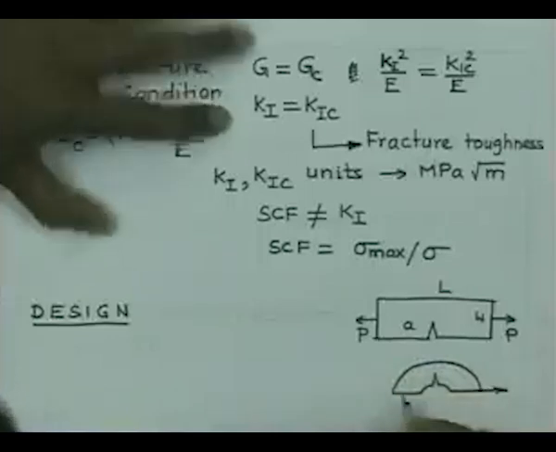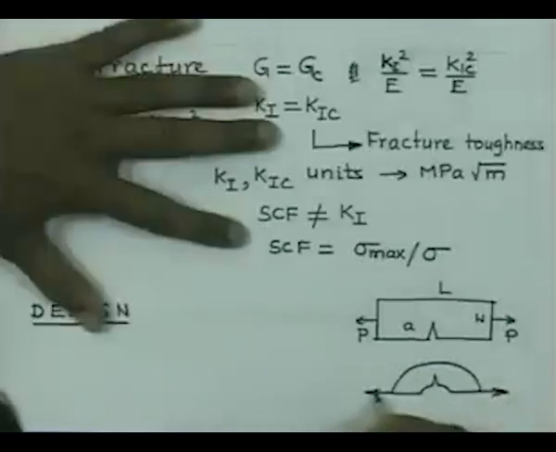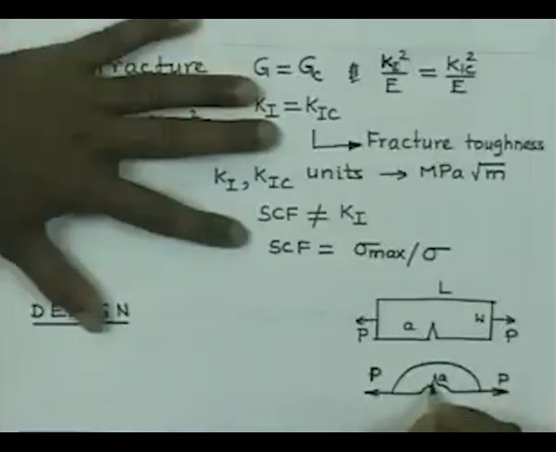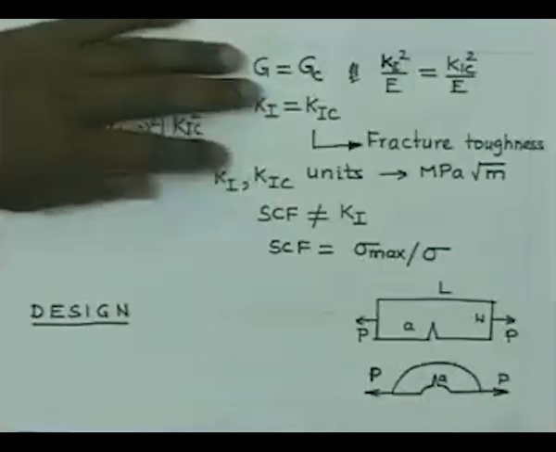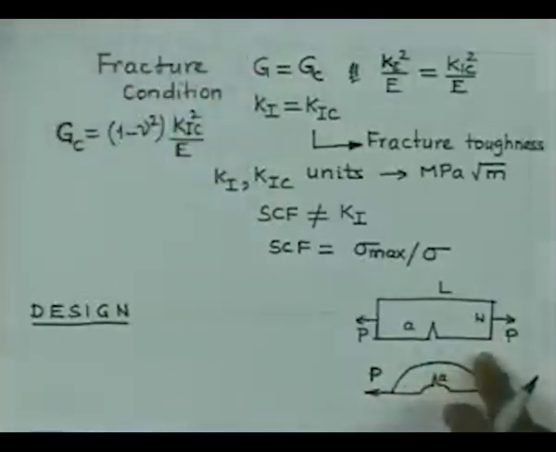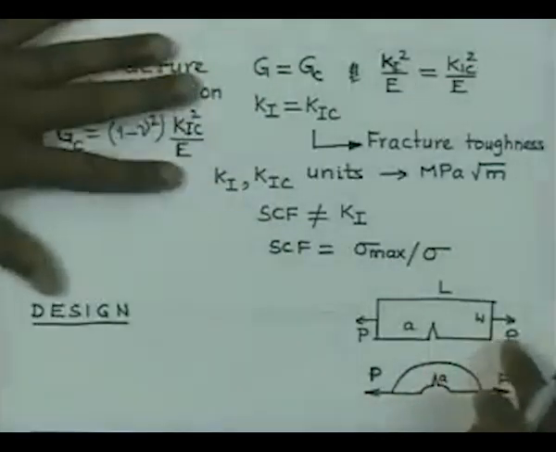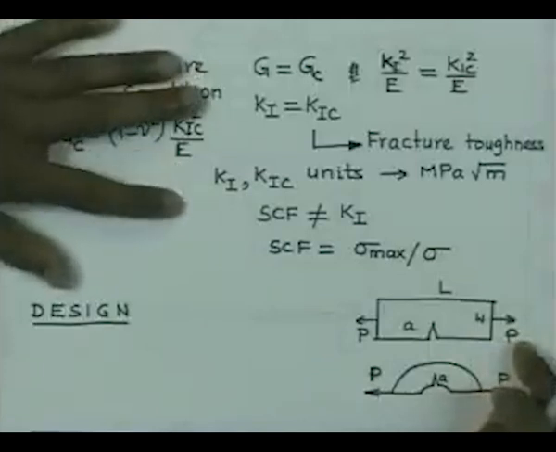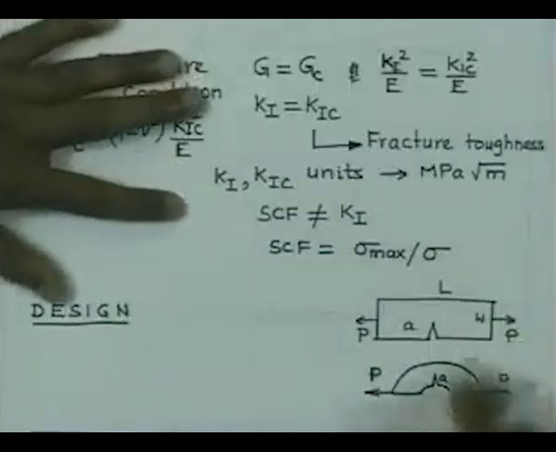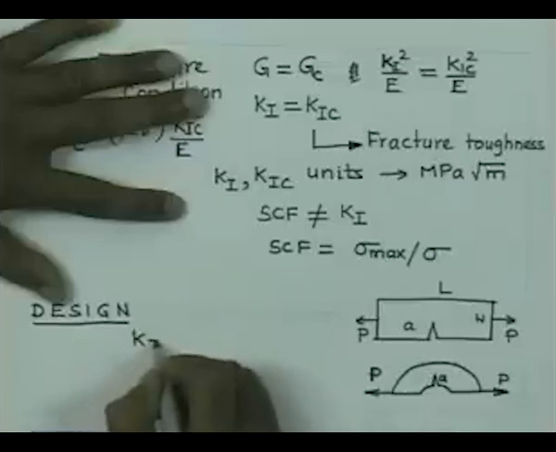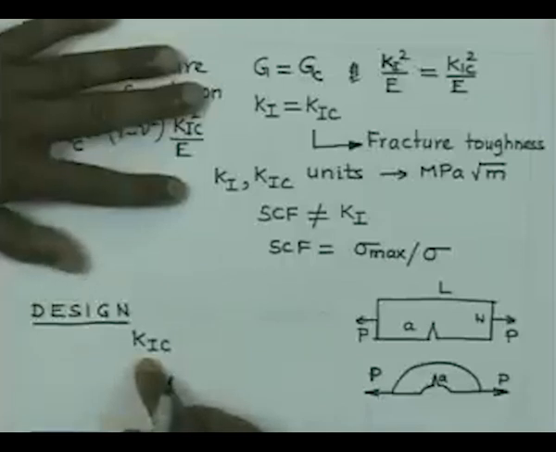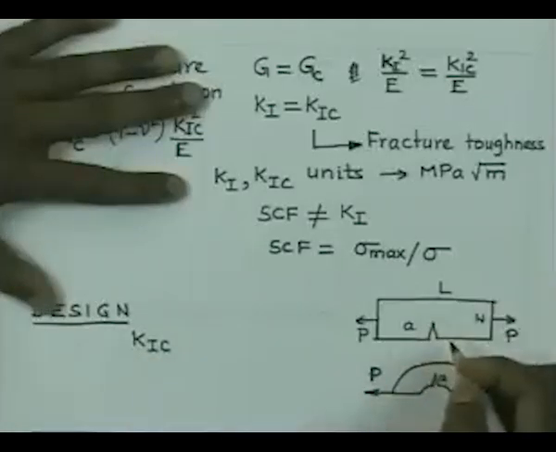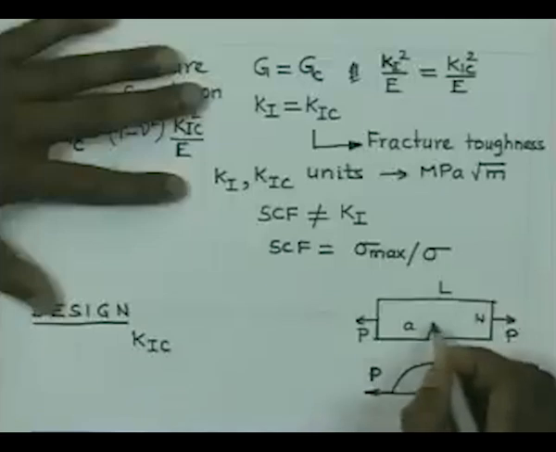it is subjected to loading P and there is a crack here and all the dimensions are specified. Now, you may be required to assess the safety of these components for a given set of conditions. So, first thing you need to have is the fracture toughness of the material, that is K1C, or KIC, and at the same time you should be able to find out the stress intensity factor existing